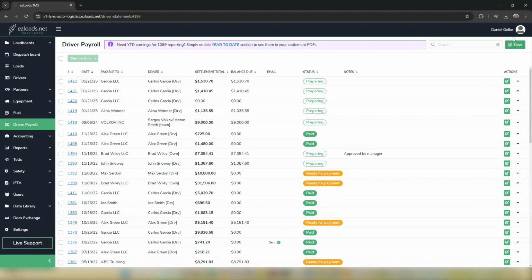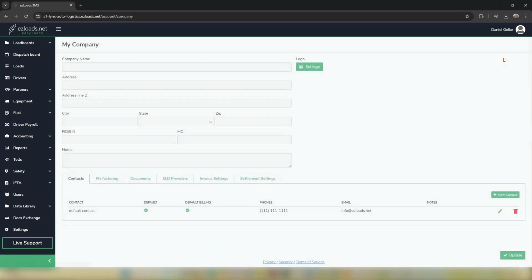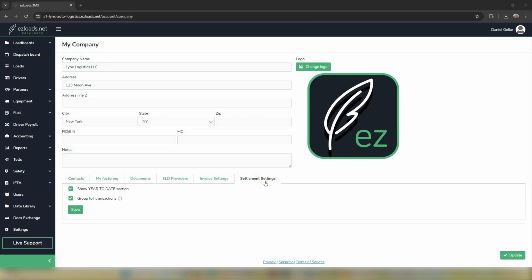You can adjust this in My Company Settlement Settings, where you have the option to check or uncheck group toll transactions, depending on how you want them to appear in the PDF. Now that group toll transactions is unchecked,